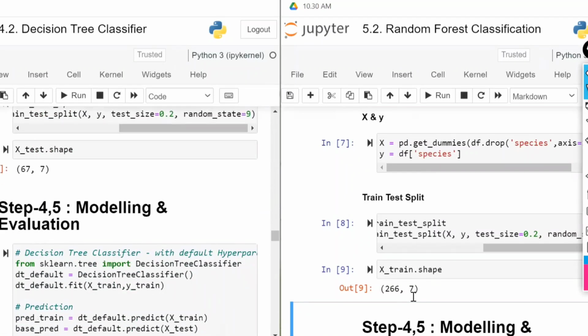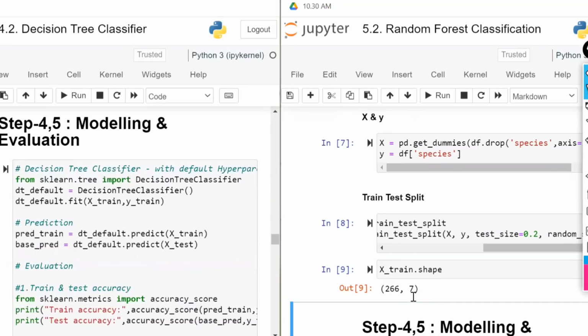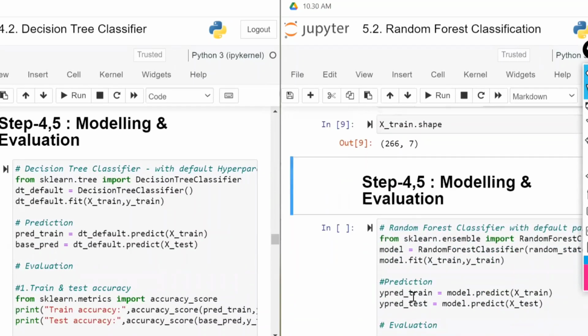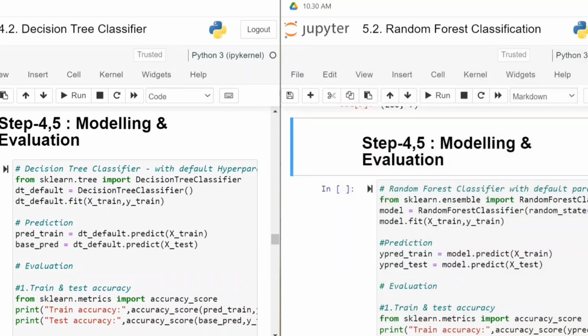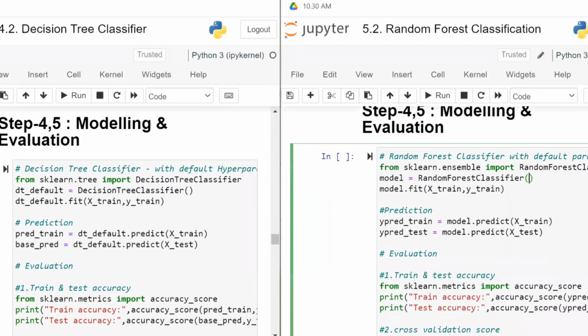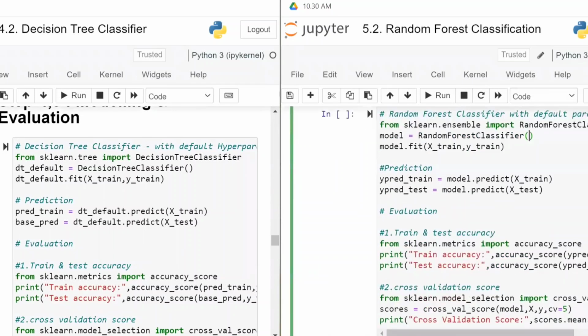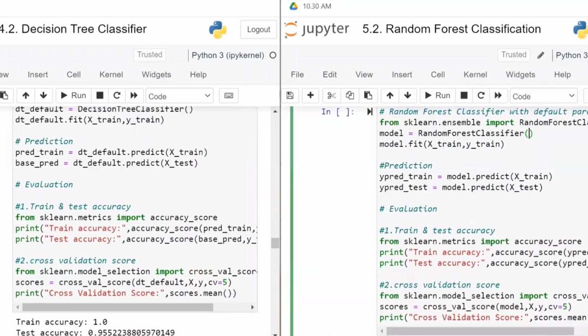Now here I have done the default modeling with decision tree. Here also I am going to use the default parameters. The only difference is random forest. Here I have taken the decision tree, here I am going to consider the random forest. I fit on X train, y train and predict on X train, X test. Similarly accuracy score, cross-validation score, same to same.